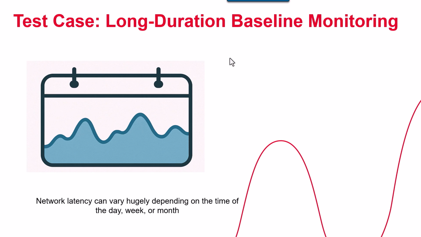The last test in this methodology would be a long duration baseline monitoring. Most of the time, the tests that we do, like the speed test and all, would always give us a point in time snapshot. And any time you repeat the test after a certain duration, you will see a different result, right? So this test is all about running a particular type of config for a prolonged duration to look at